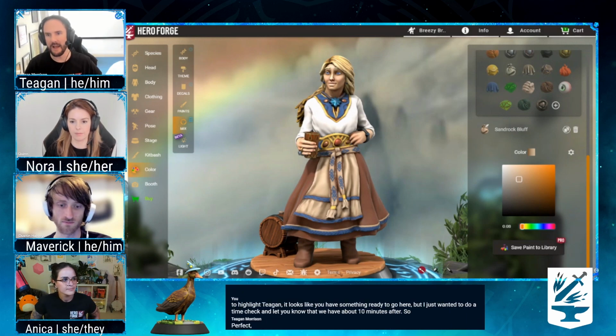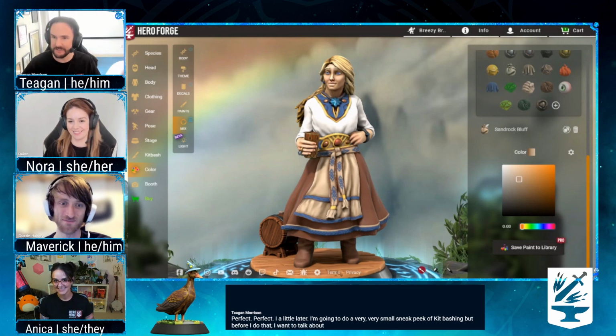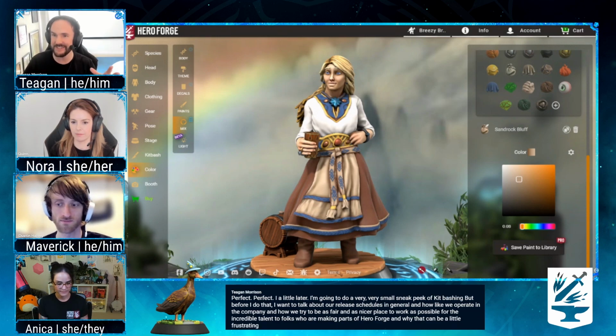Perfect. A little later, I'm going to do a very, very small sneak peek of Kitbashing. But before I do that, I want to talk about our release schedules in general, and how we operate in the company, and how we try to be as fair and as nice a place to work as possible for the incredibly talented folks who are making parts of Hero Forge, and why that can be a little frustrating from the outside, where you're like, when is this coming? And our answer is like,